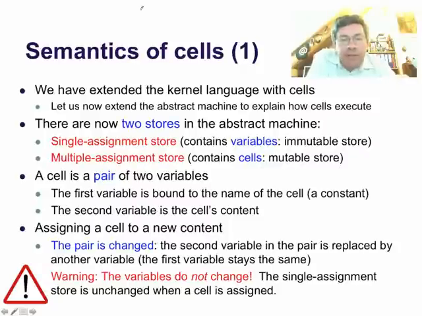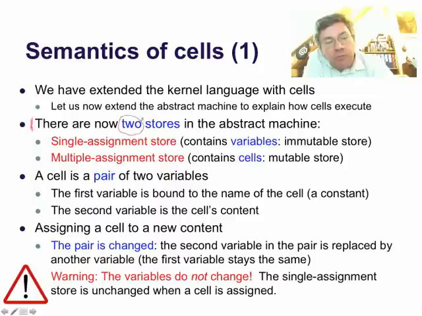We have now extended the kernel language with cells. Let's now extend the abstract machine to explain how cells execute. So in the new abstract machine, there are two stores. In addition to the single assignment store that we know already, we will have a second store called the multiple